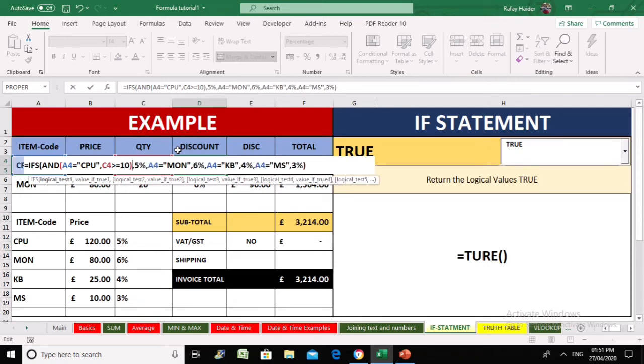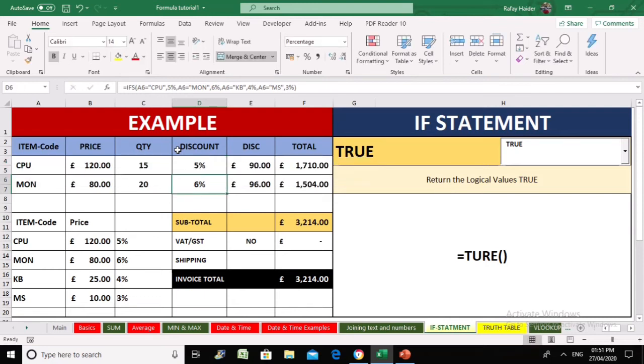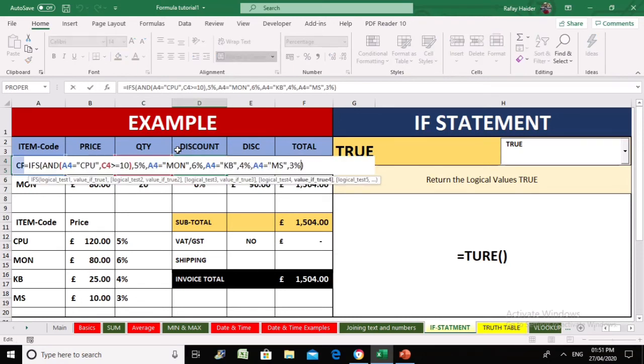Then the 5% discount will be applied, otherwise there will be no discount. Let's see if this is working. At this time it has quantity 15. If this person decided to buy 9 pieces, it will show a not applicable error, and we have covered that not applicable error